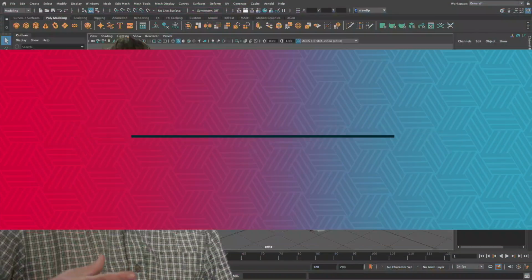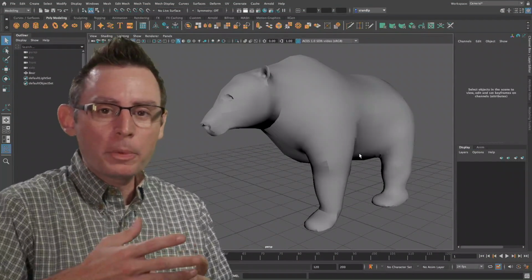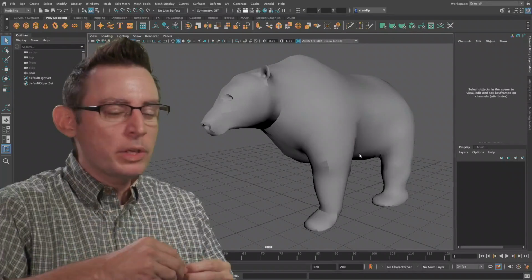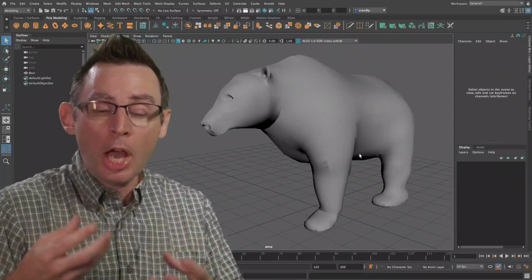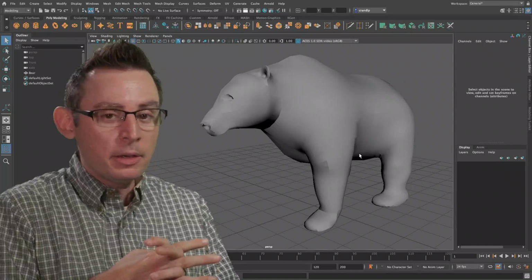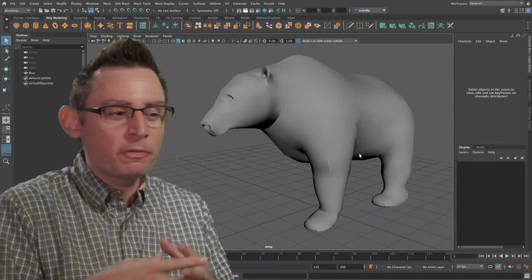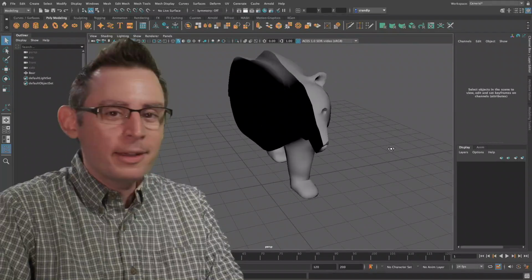Discover how we can very quickly mirror our bear object now that we're done retopologizing it. The whole purpose of the retopologizing stage is to reconstitute and reconstruct our entire polygonal surface with new geometry that incorporates quad polygons and edge loops wherever we can. And luckily for us, we have a great series of incredibly intelligent tools that will allow us to do half the work on the model itself.